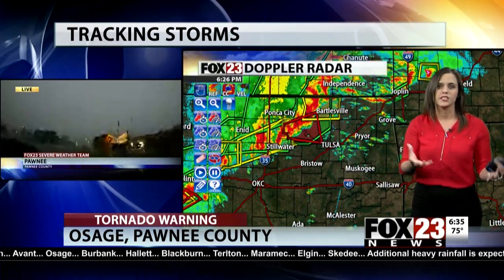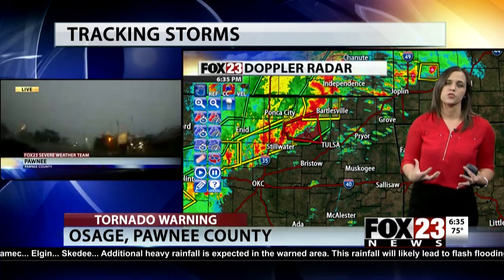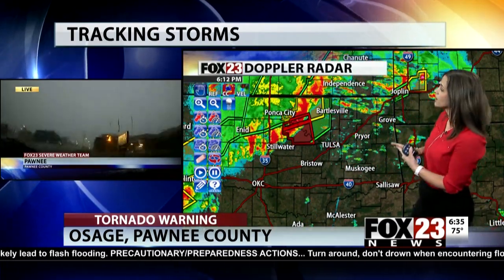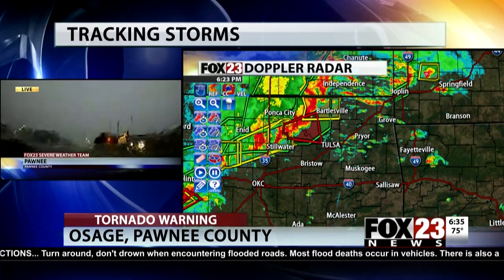These storms are going to continue to move through the area, and we have the potential for so much more severe weather as we go through the evening hours, overnight, even into tomorrow morning. This is a prolonged event. I'm going to go ahead and come back in just a little bit more back to our storms that are